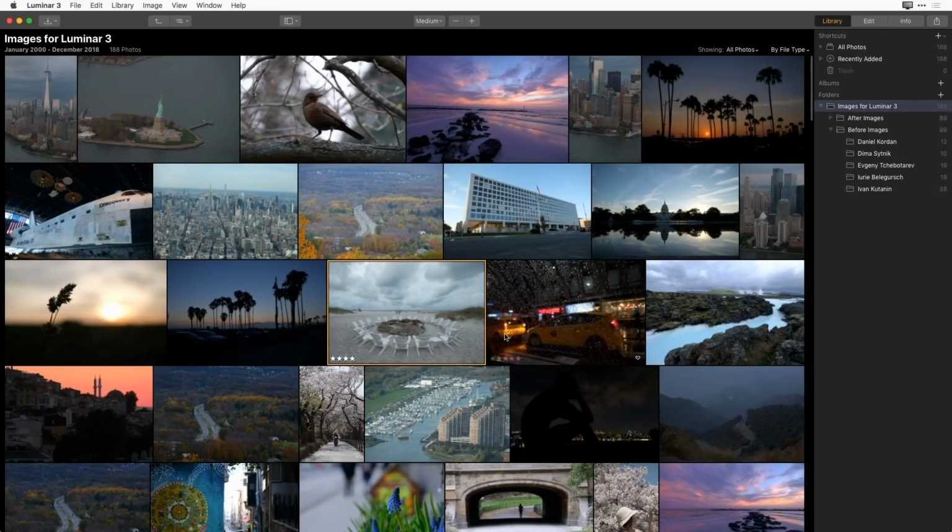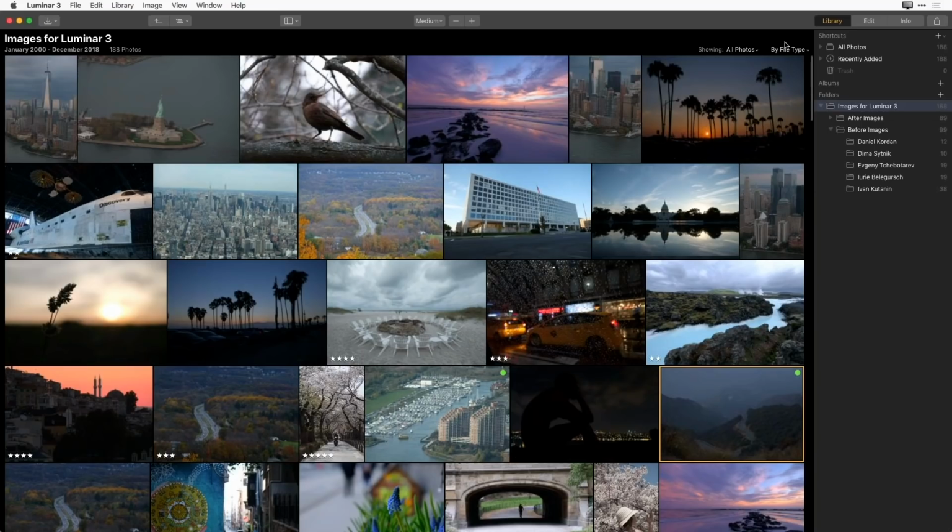So at this point, I can even star rate or just use my left and right arrow key in this view and go ahead and rate this. This is a 3, this is a 2. I really think I have potential for this one. I'll give it a 4. This is a 3. I love this shot. I'll give it a 5. And maybe I'll start doing some coloring. Okay, we're going to make this green because I want to do some photo work on it, and the same thing here. So it's very easy for me to rate these,